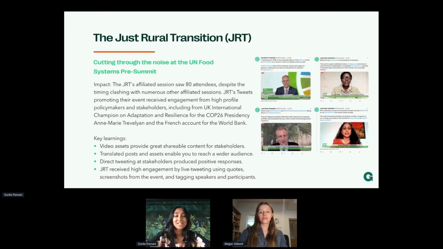So live tweeting, or generally going live during a flagship climate action event or whatever type of event it is that's relevant to your campaign, is something that I would really, really recommend, because sometimes the moment when something's happening is really important, and the level of engagement and attention that your posts get might actually decrease after that moment has passed. So it's not always going to be something that's relevant again for your campaign, but going live, particularly during an event, is something that could be really crucial for maximizing the impact of your launch moment.